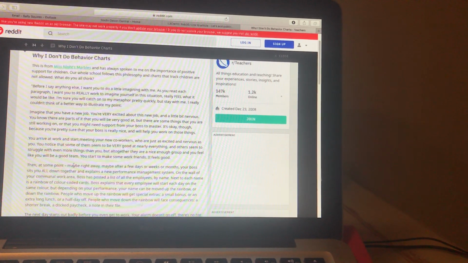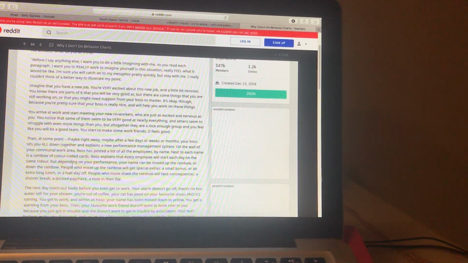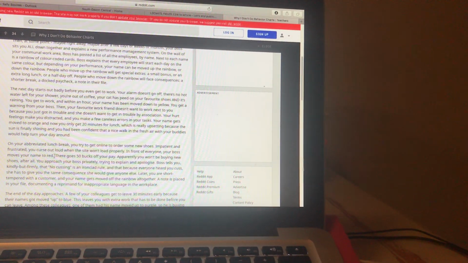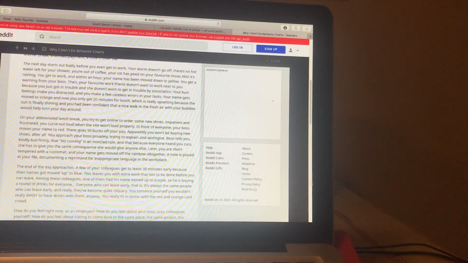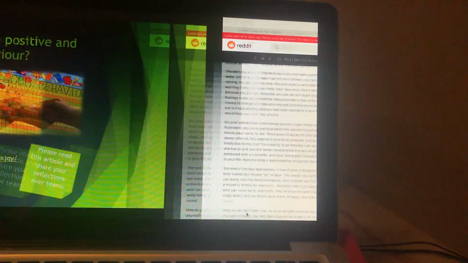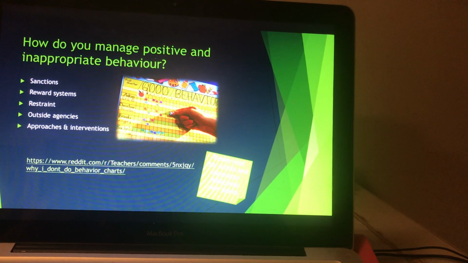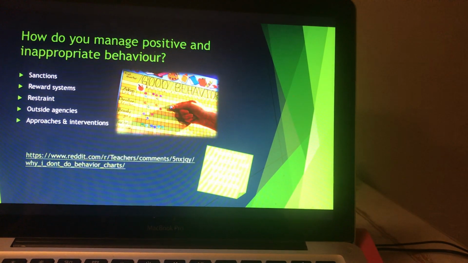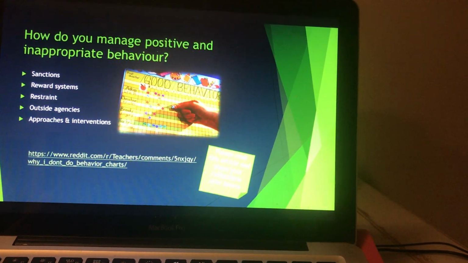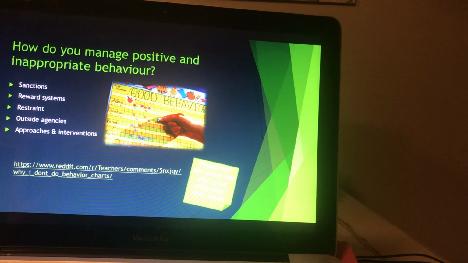Basically, this article gets you to imagine yourself as an adult in a new job, and that your new boss is basically imposing one of these strategies on you, much like the ones that we implement in school settings, and it asks you to consider why, as an adult, our dignity, our privacy and respect is greater than that of a child, when actually, as an adult, we're able to take the knocks a lot better than a child who isn't fully developed within the area of emotional, social and personal development is.